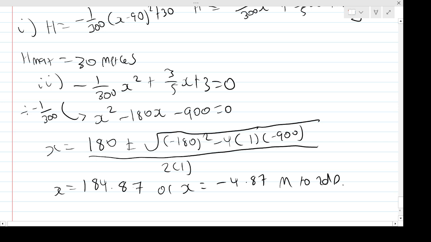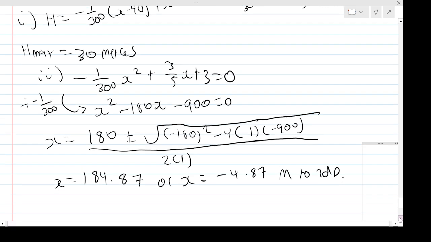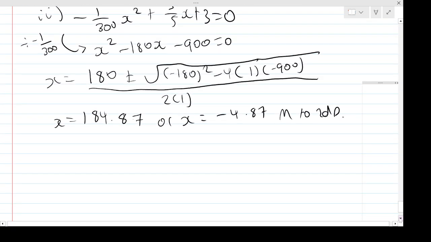Again, I've got two solutions, but this time round, one of them is negative, but x is horizontal distance, and distance is a positive number, right? So it has to be positive. So x has to be at least 0. So we have to reject this solution, right? So simply x is only